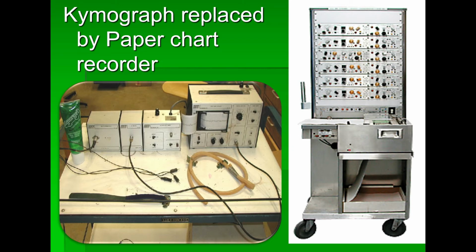a new chart recorder which replaced the kymograph, because it does not have limited paper. You can have a large roll of paper and you can record a lot of data. Basically, the chart recorder is used for research purposes in the physiology department, for recording muscular activity and electrical activity. But still it has a limitation that you cannot zoom the graph that you obtain on the paper.